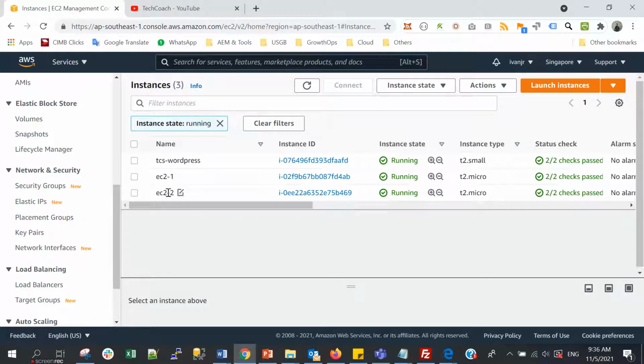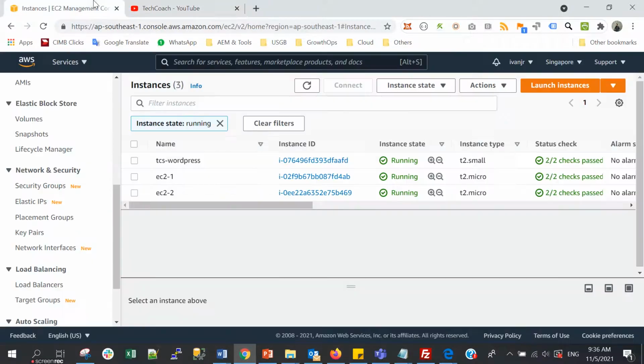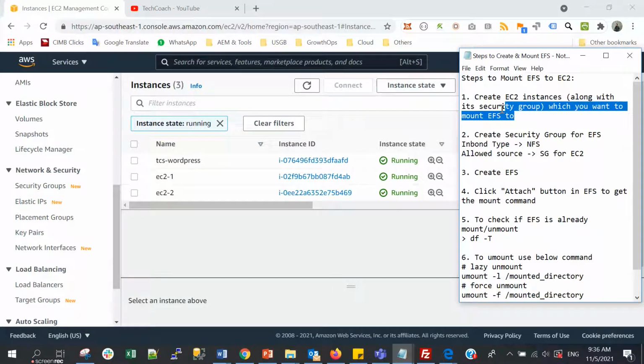If you're not sure how to create an EC2 instance, you can refer to my previous video. So I already created two EC2 instances beforehand. For me, step number one, creating the EC2 instances, is already done.